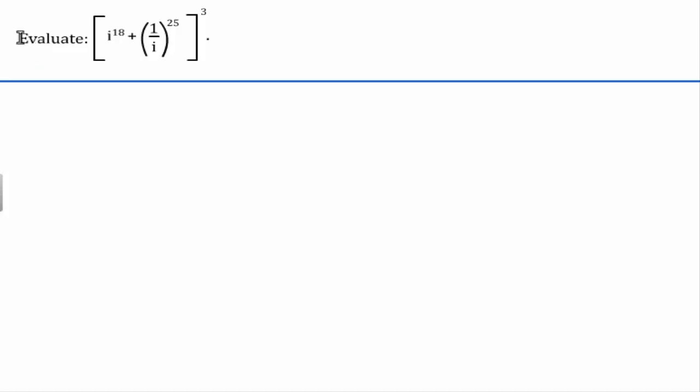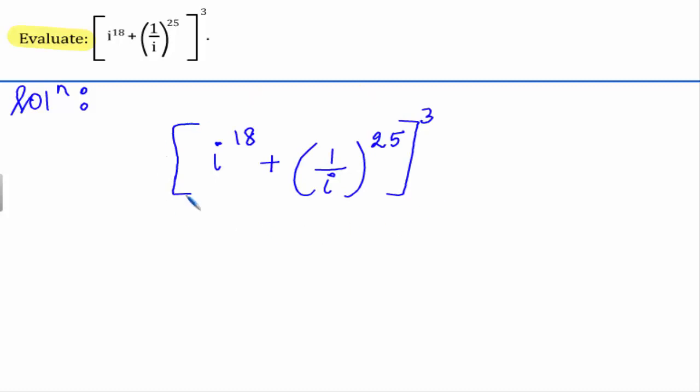In this problem, we need to evaluate the given complex expression. Let us begin with the solution. This is the given complex expression. We can write this as